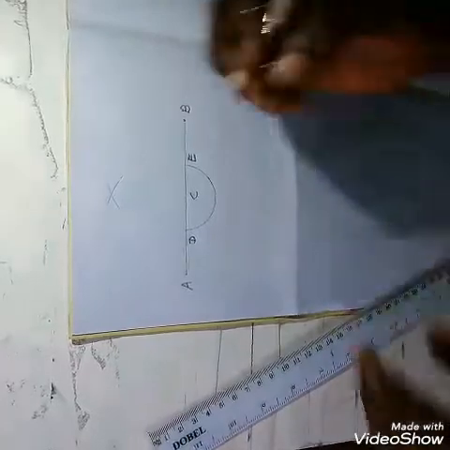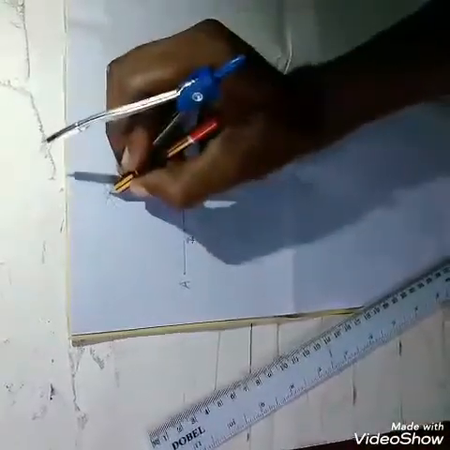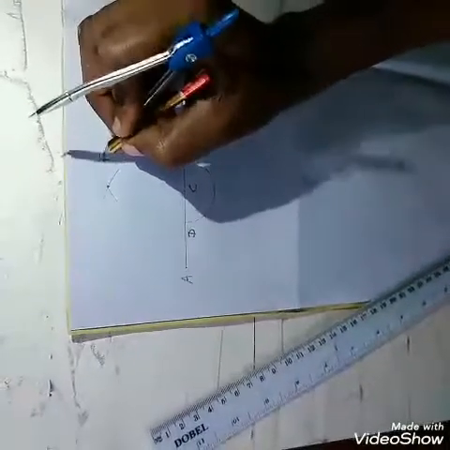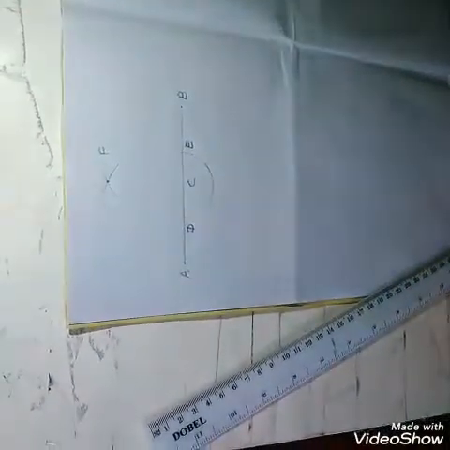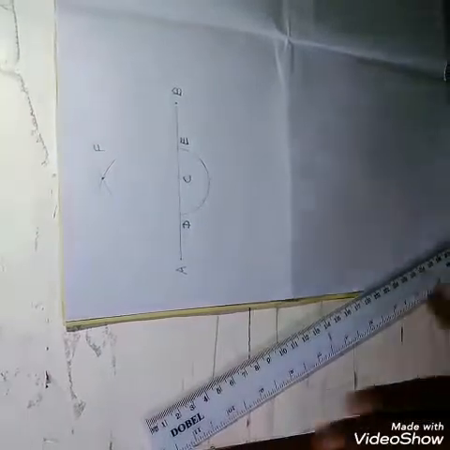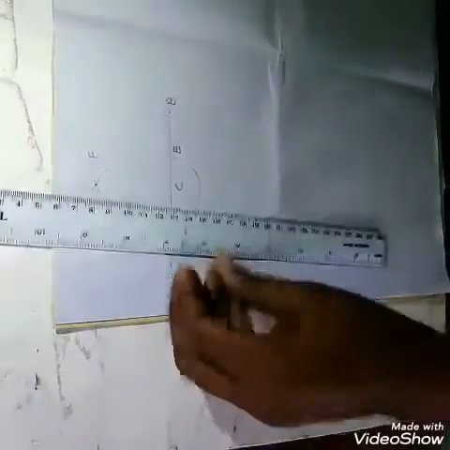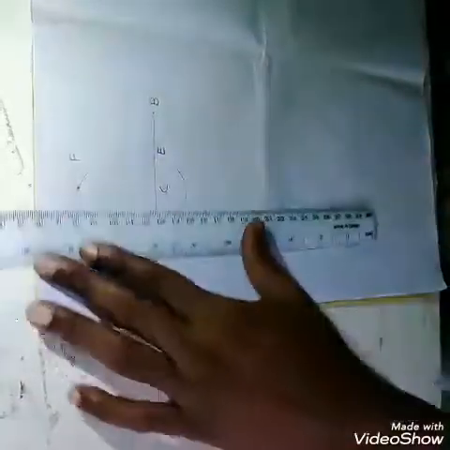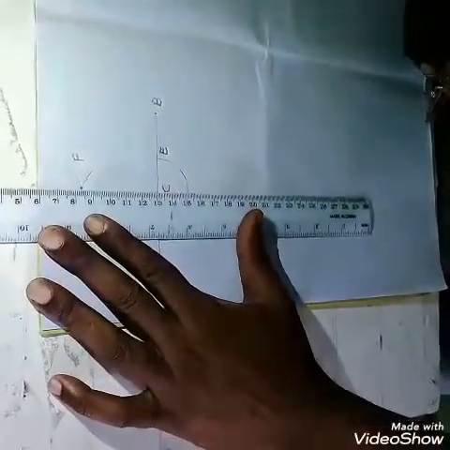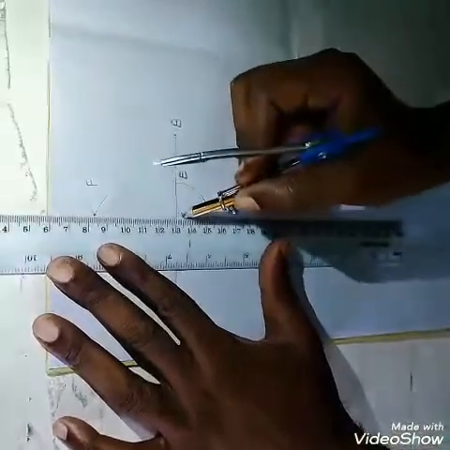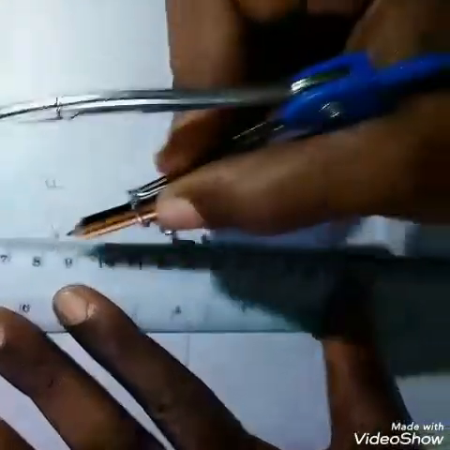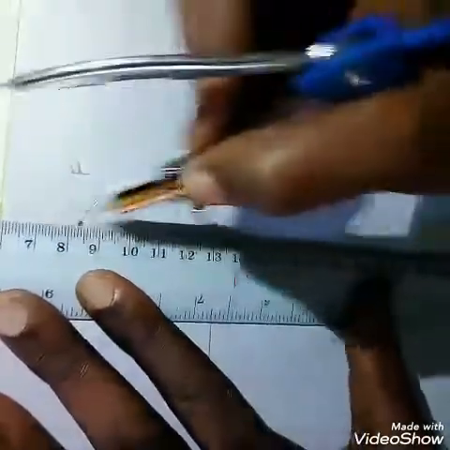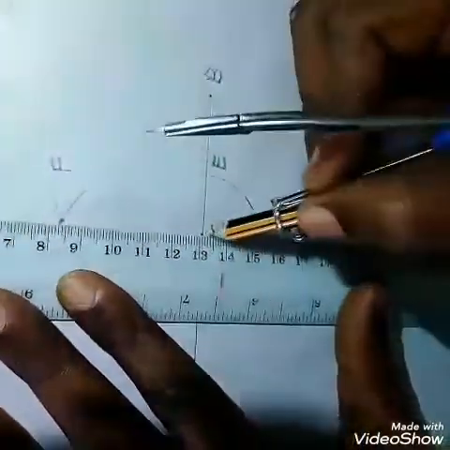Now, having done this, the point where these two arcs meet is our point F. So that's the point we are looking at. You join CF, through C to the point of intersection. That gives you another straight line. Remember, define what a straight line is and what a point is. So you indicate that this is from this point to this point. You draw a straight line.